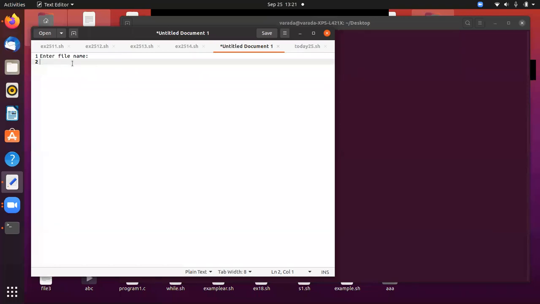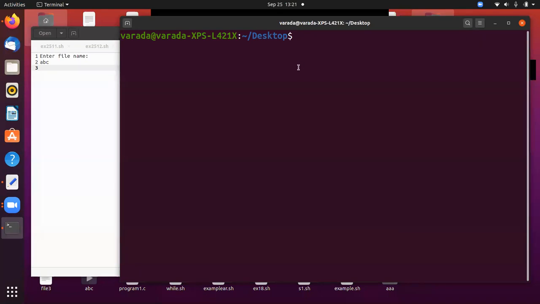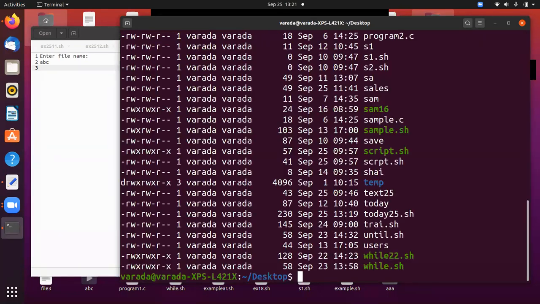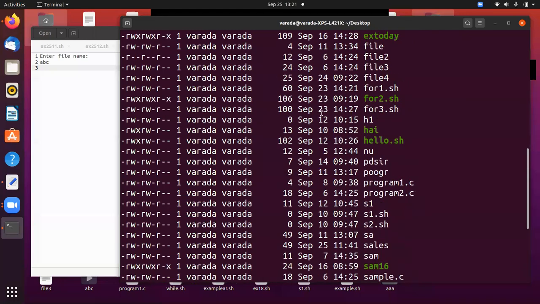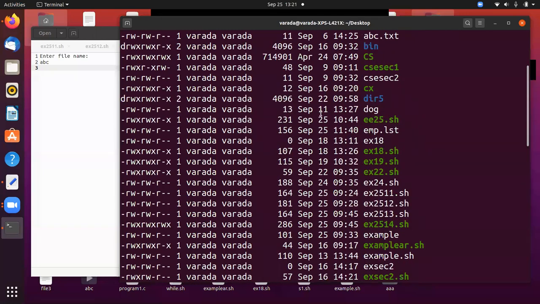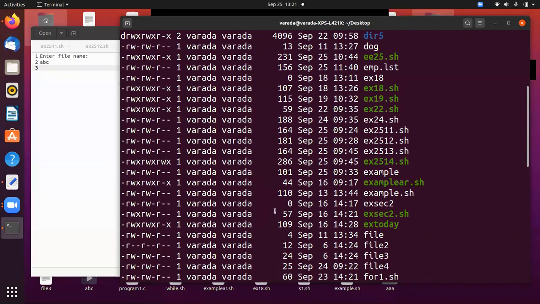So this is the scenario. Enter file name. If I give the ABC file, now you can check ls -l. So these are the files available in the list. So what does not empty mean? If you observe, empty means the size of the file is 0.